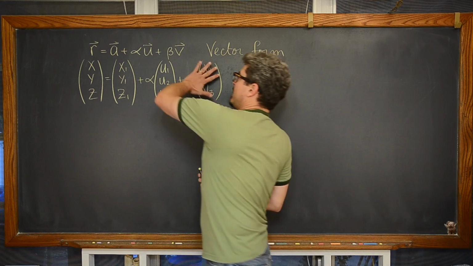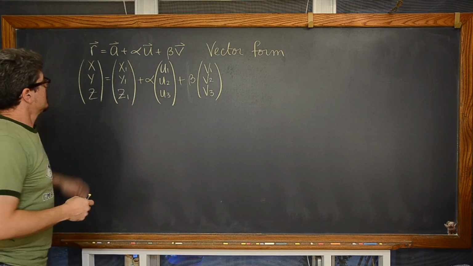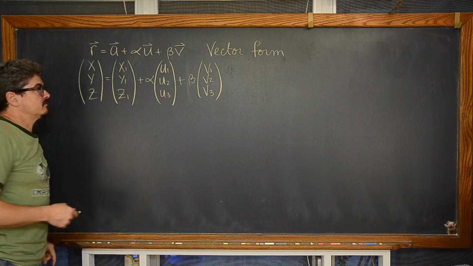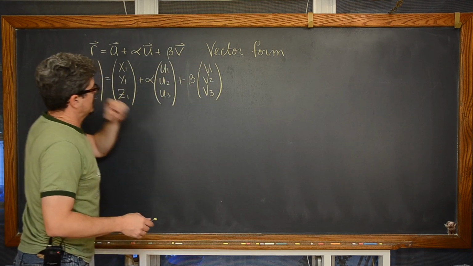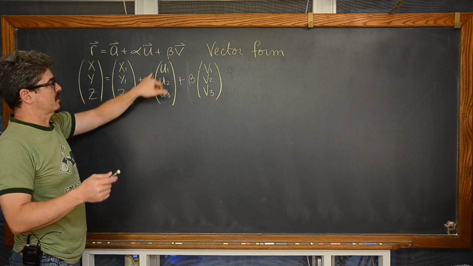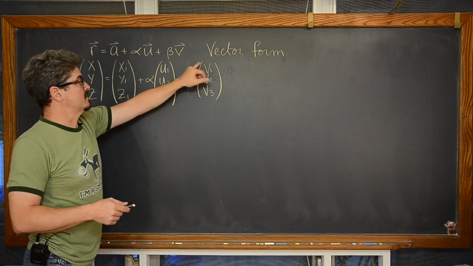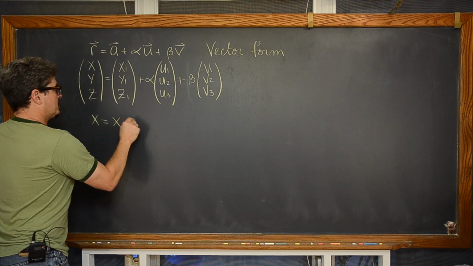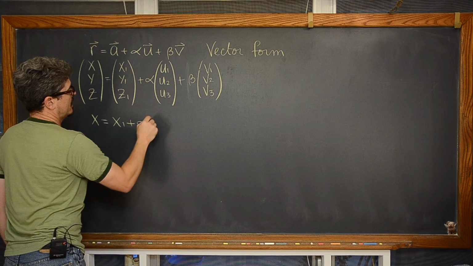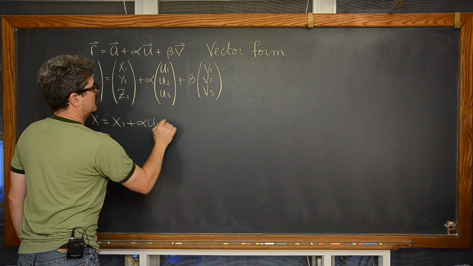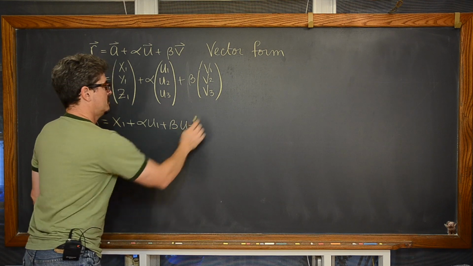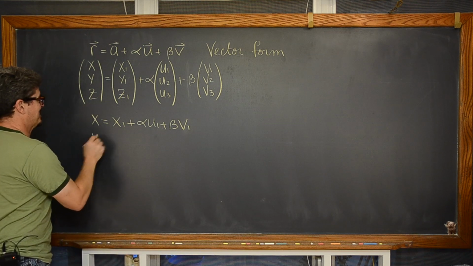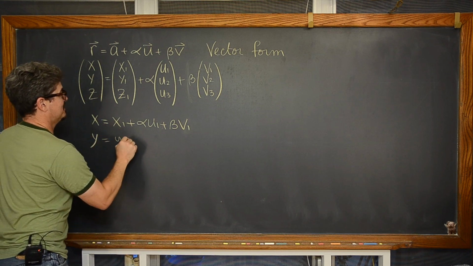Okay, so writing out these vectors in that column vector format, the position vector and u and v as directional vectors, just go along the rows here, remembering, of course, that these scalar multiples go to each of these three components for each of these two directional vectors, and we get x is equal to x sub 1 plus alpha times u sub 1 plus beta times v sub 1. And I'll just be quiet and write the next two rows, since I can't write and talk at the same time very well tonight.